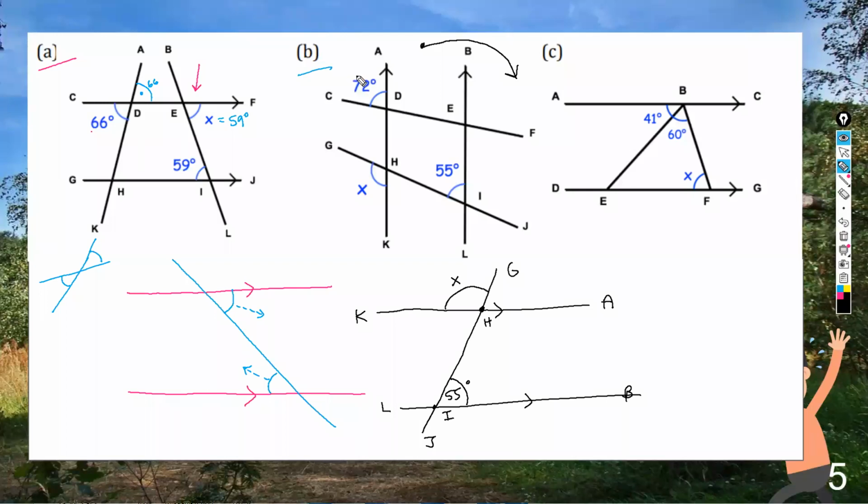I honestly think the 72 degrees has nothing to do with that question. It's just there to distract you. So try your best now to find X. Now here's the thing, here's how I would find X now. The thing about it,